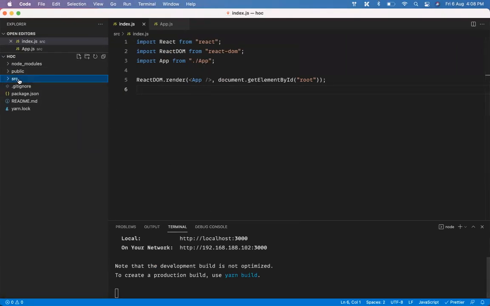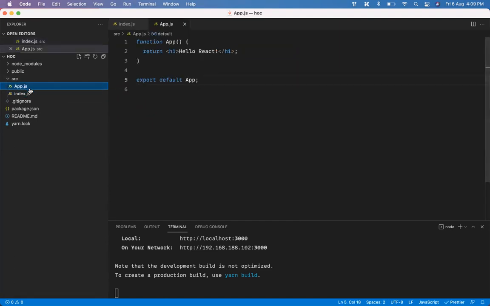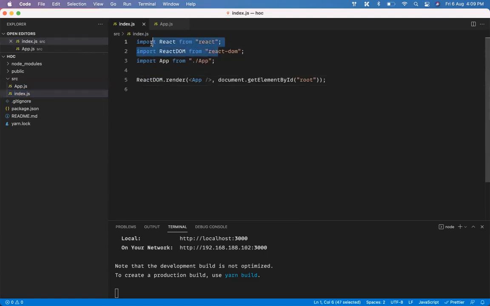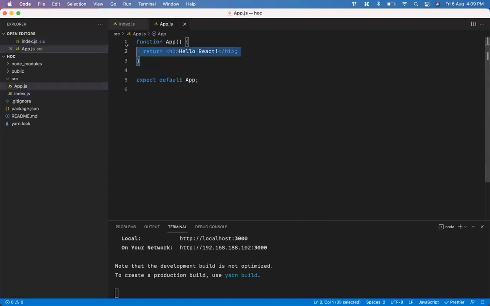If you look at it, it's just the create React app boilerplate. It's just that I've deleted everything from src and created two files. One of the files is index.js and another one is app.js. Index.js has just React DOM. Using ReactDOM.render, we are rendering the component into the root element. Okay. And we have an app component that is not doing anything.